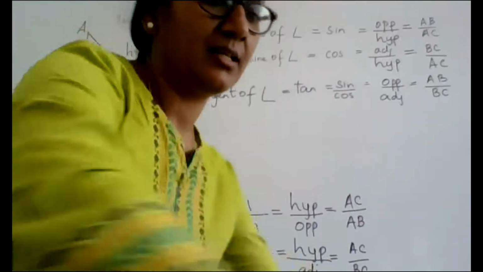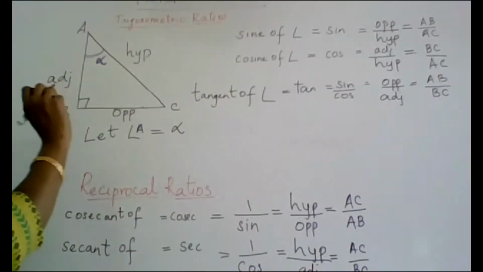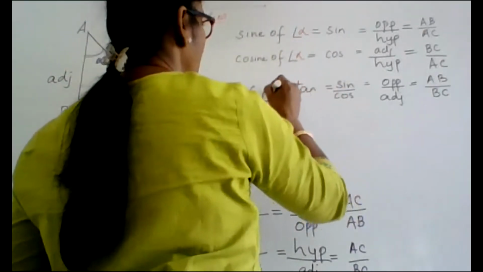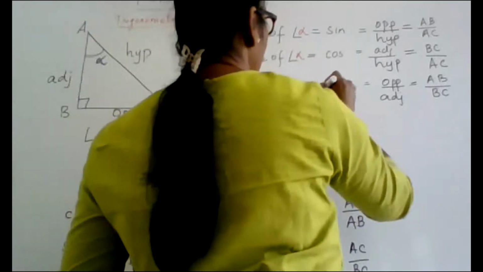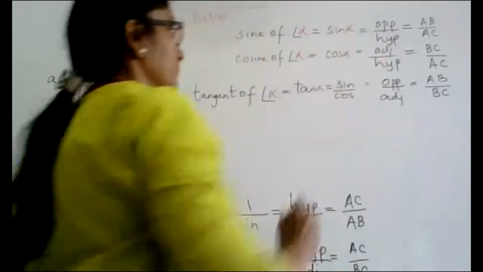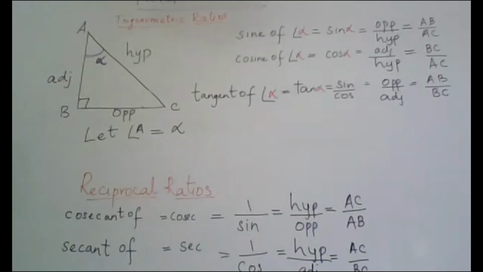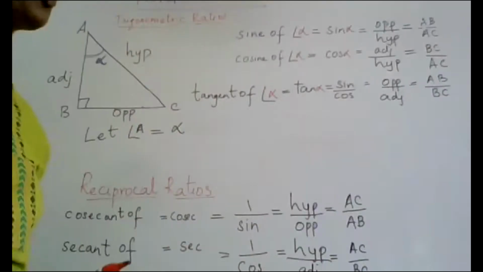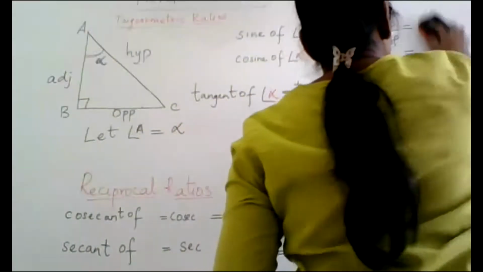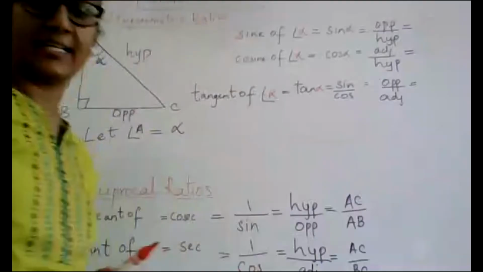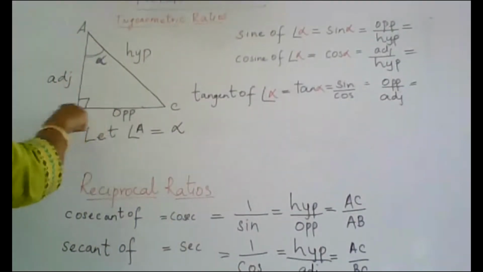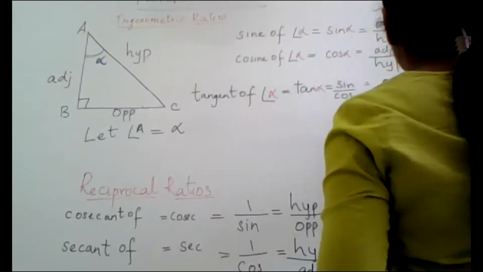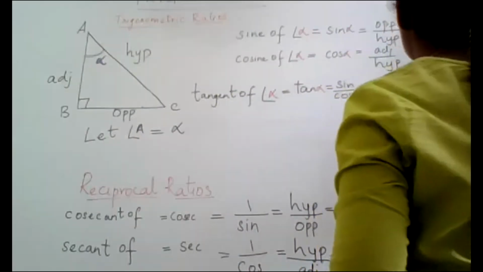I am just erasing that and rewriting the sine of angle alpha, tan of angle alpha. So I call it tan alpha, cos alpha, and sin alpha. The ratios remain the same, only the sides will change. Now with respect to alpha, which is the opposite side? Alpha is here, the opposite side is BC. So the opposite side you will write BC, and the hypotenuse is the same, which is AC.